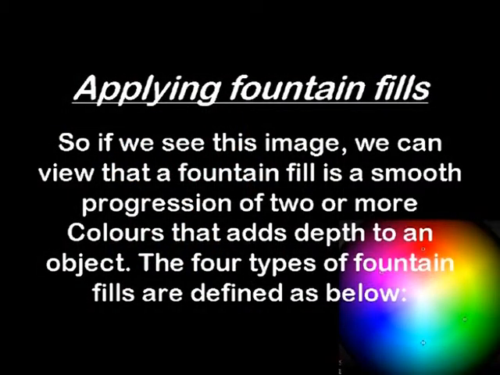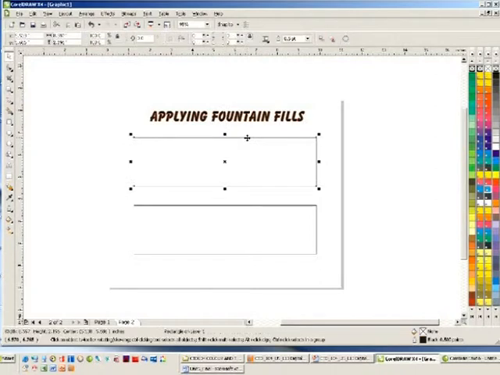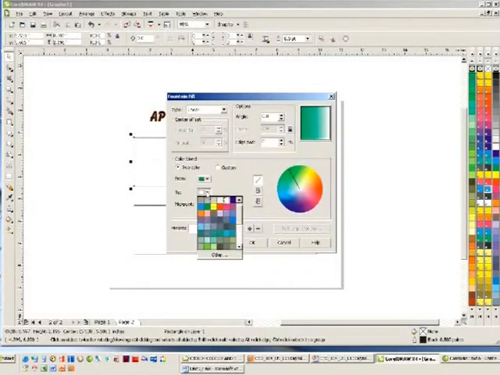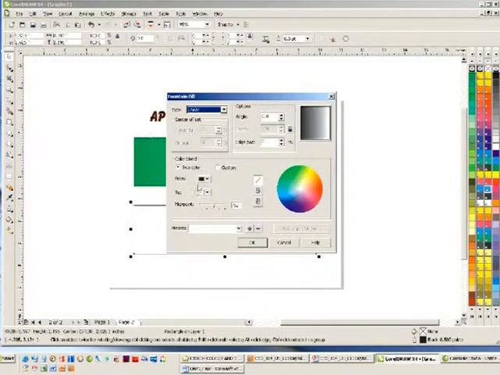Applying fountain fills. If you see this image, we can view that the fountain fill is a smooth progression of 2 or more colors that add depth to an object. The 4 types of fountain fills are as such. A linear fountain fill flows in a straight line across the object. The sample in the picture shows a linear fill from medium green to a light green. The lower sample shows a 45